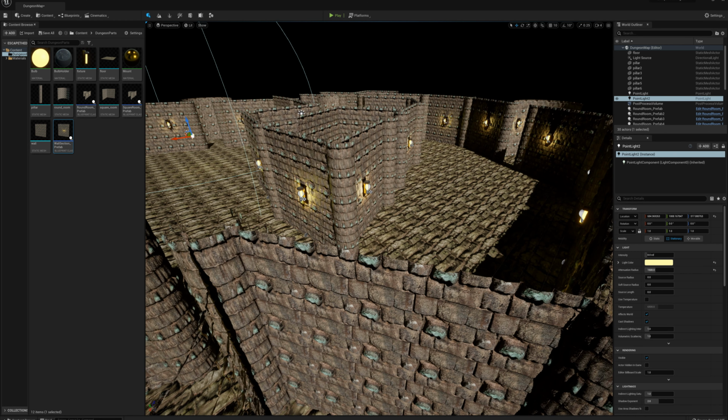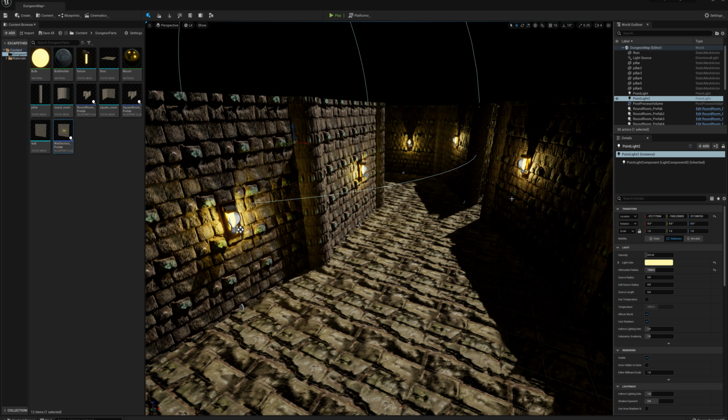All right. So the next thing that I'm going to do here is I'm going to go ahead and add some details, and I'm going to add some decals, as far as maybe some blood spatters on the walls of the dungeon here. And I'm also going to add some props, and I'm just going to get some pre-made props from Quixel Megascans. So what I'm going to do here is just right click in my content browser, go to add Quixel content,